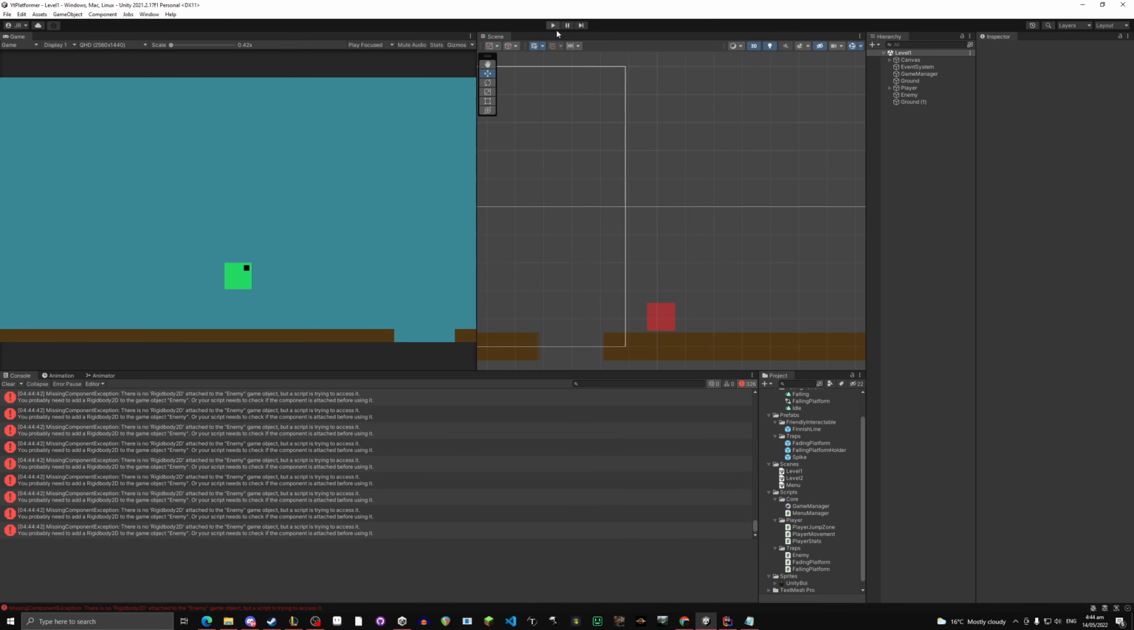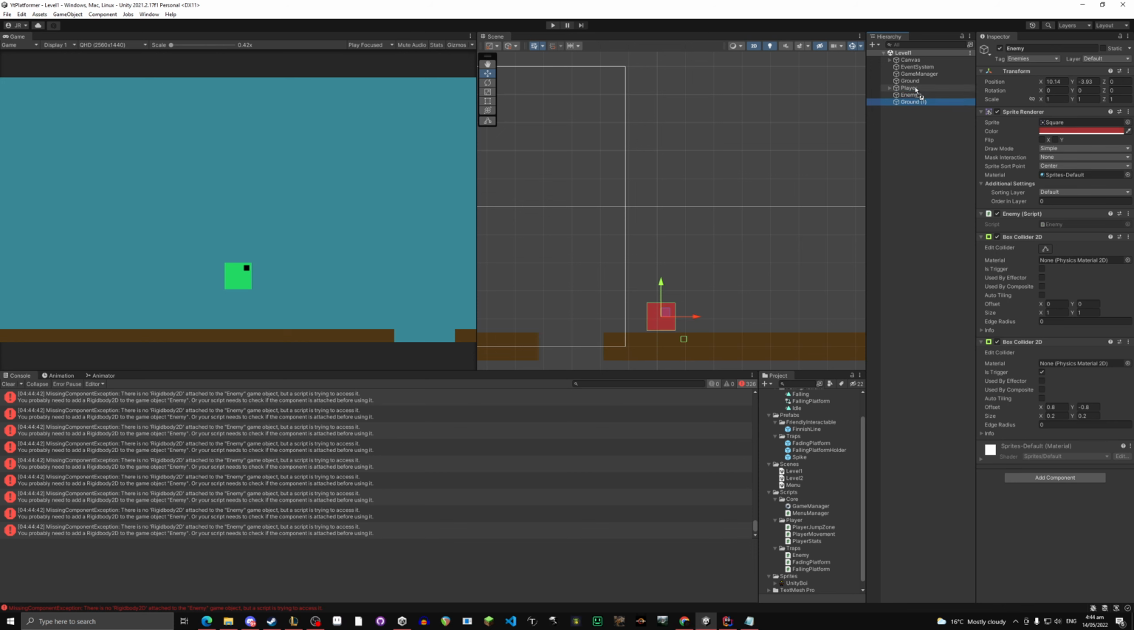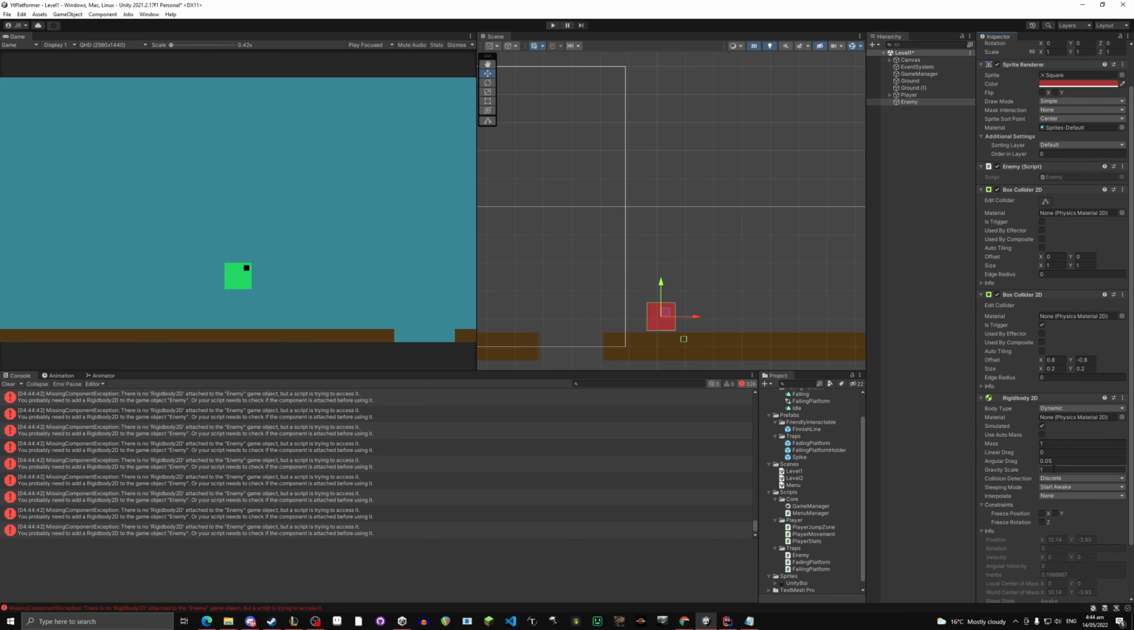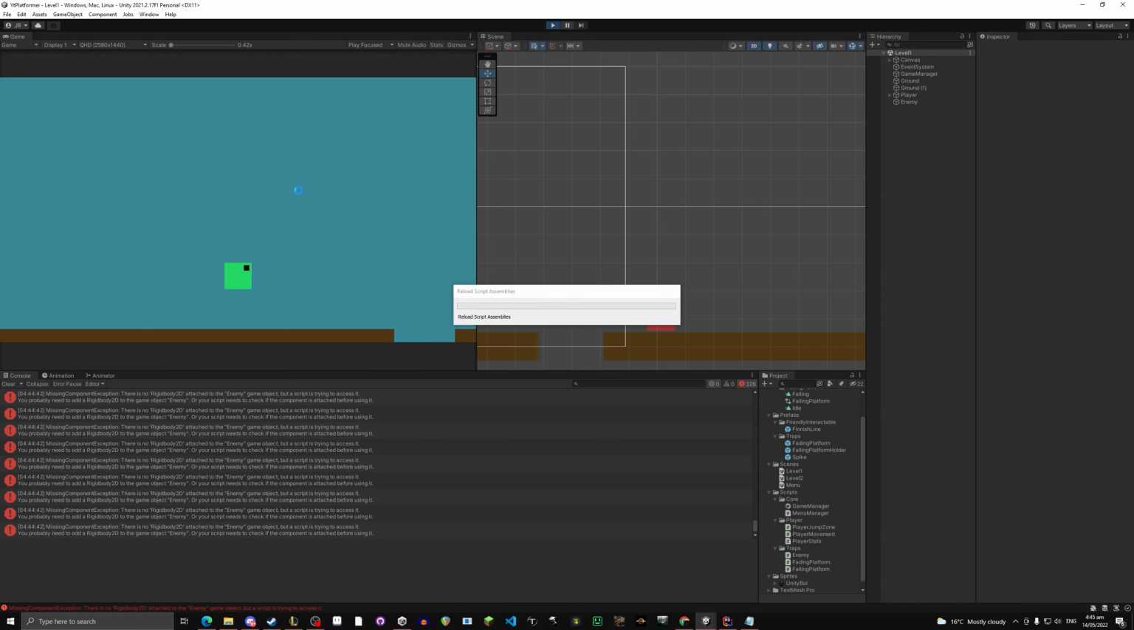Oh, sorry, I forgot one step. Move the ground underneath the other ground. On your enemy, give it a rigid body 2D, and make the gravity 3. Oh, and also freeze his Z rotation in the rigid body 2D. And now if you click play,